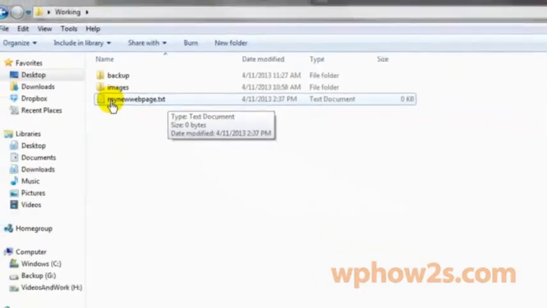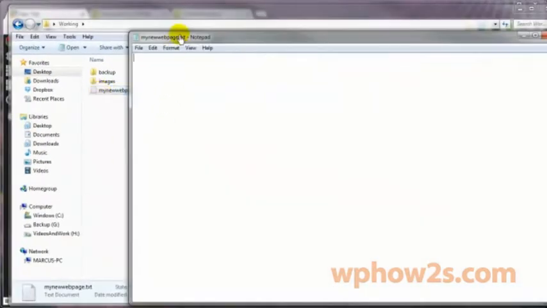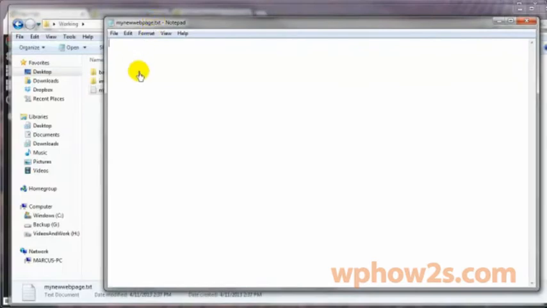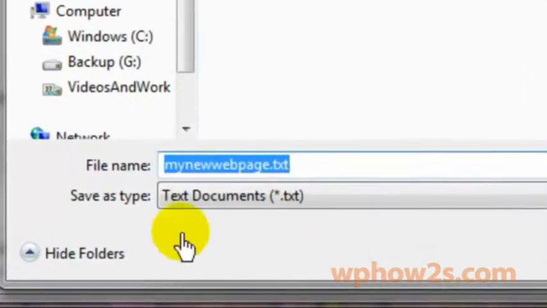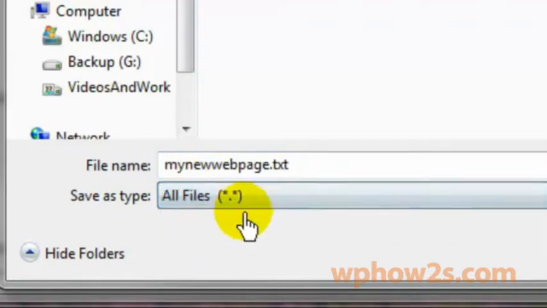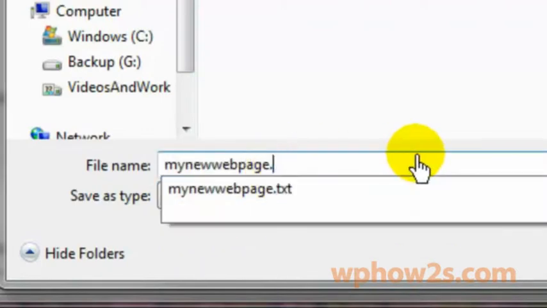So let's go ahead and open this up. Now, let's go ahead and make this a web page, technically speaking. You can see right here it's .txt. We need to save this as an HTML or HTM file. So go to File, go to Save As. And with Notepad, you want to first come on down here to Save As Type and make that all files, and then change that .txt to